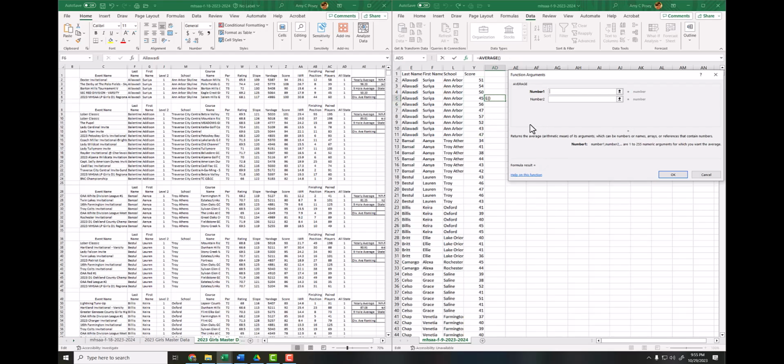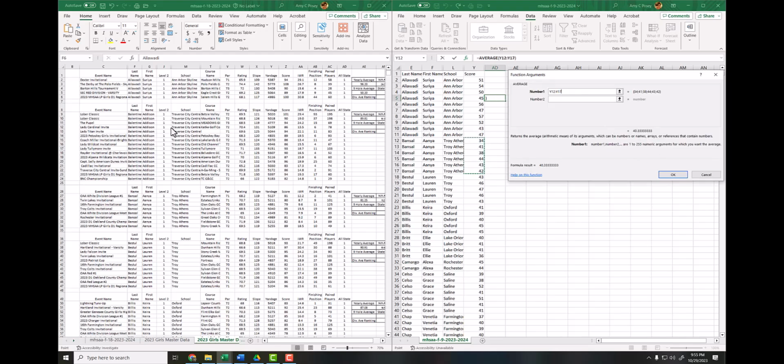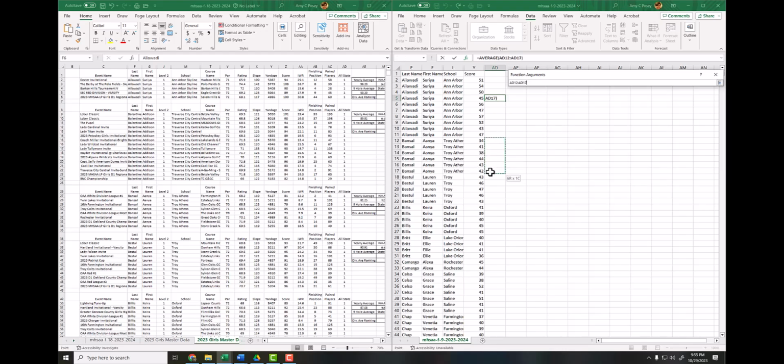I could very easily just do this, erase it. I then come to my next one and you can see it's 40.3. But for some odd reason, that's not Ballantyne. Oh, because she doesn't play 9 holes. So you will see that Traverse City Central won't have a 9-hole average, and that's why she's not there. So some girls are going to be that way. So if I go back over here, oops, I just messed that up. So if I come back here and I do the average of this person right here, you can see it was